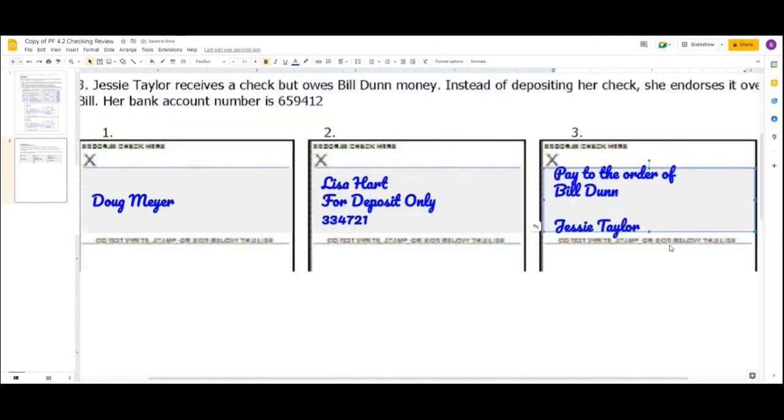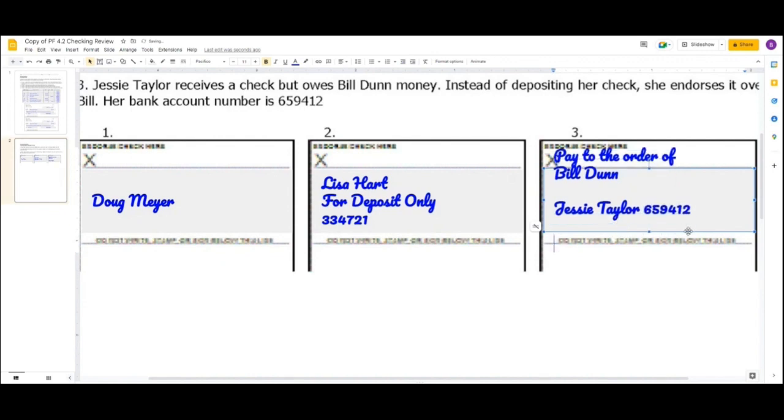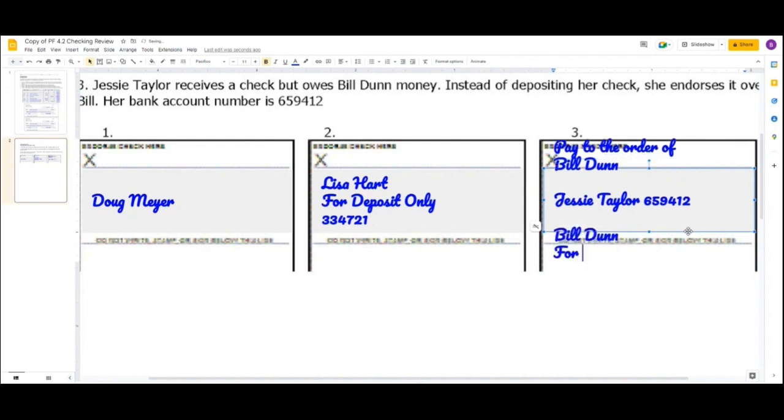Jesse does not include her account number because Bill Dunn is going to receive this check and then he'll need to endorse it, right? And so if he deposits it, he'll end up putting his own account number on the back. So Jesse doesn't want to write her account number on there, because if she writes 659412 and then later on Bill signs it, right, and writes "for deposit only,"